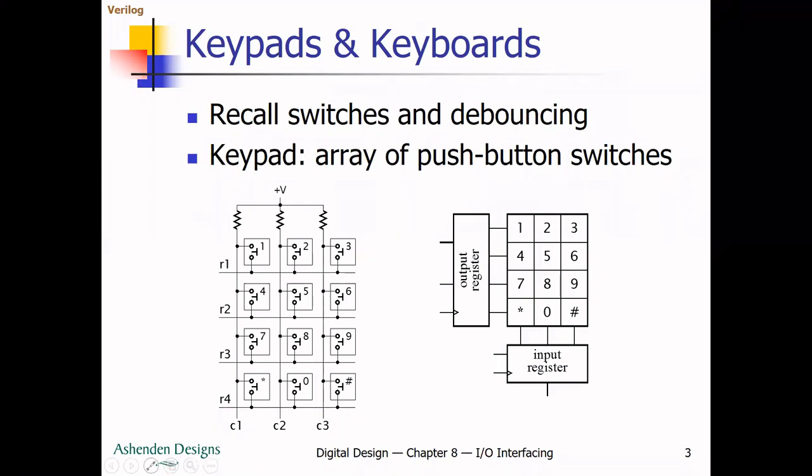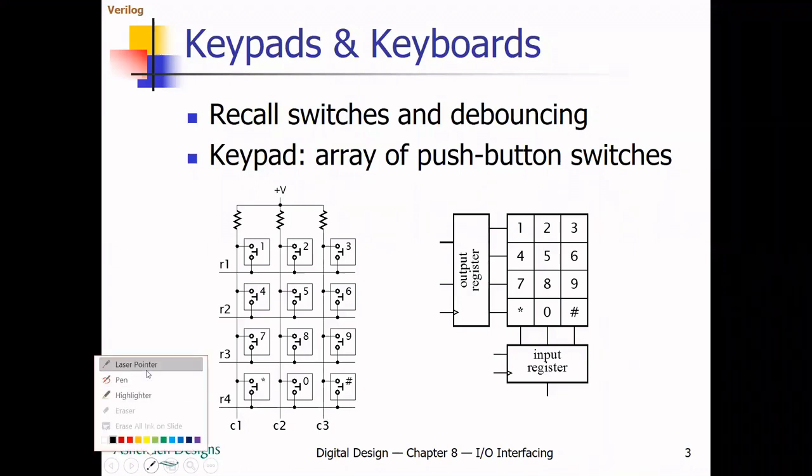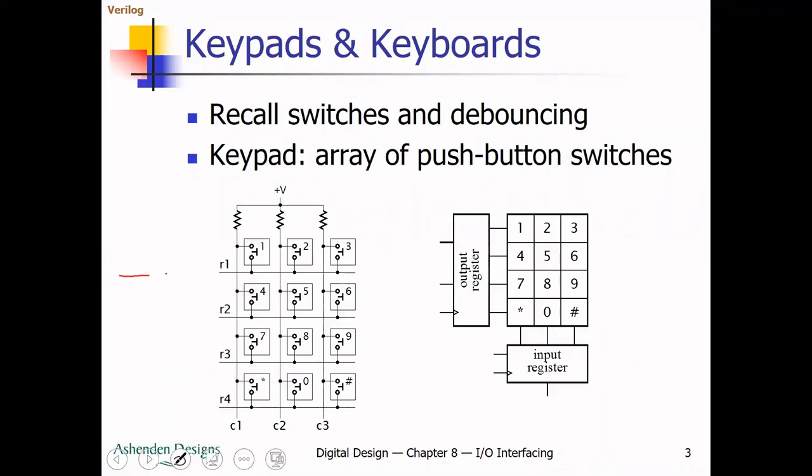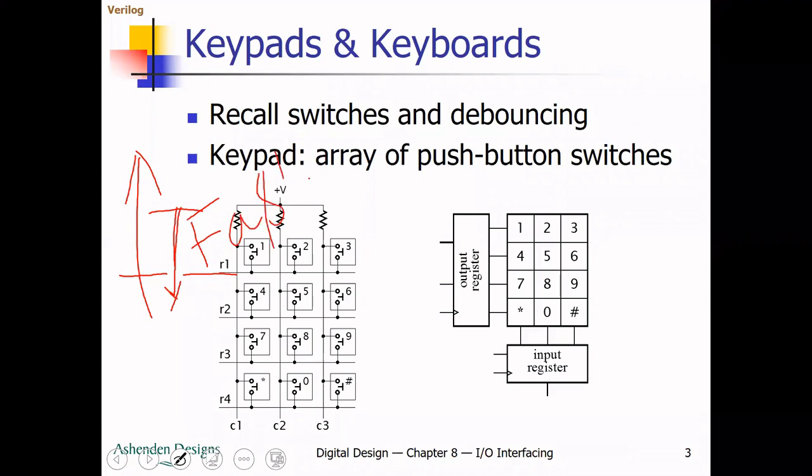Whenever a key is pressed, I'll show you. Assume this is the key here. If any key is pressed, it will go in and then it will come back again. The bounce effect is nothing but when you press it. Debounce is nothing but when it comes back. When it comes back, it takes some time. Pressing is very fast, while coming back is a bit slower, because it takes some time to relax.